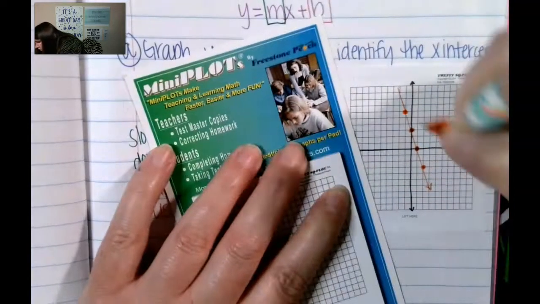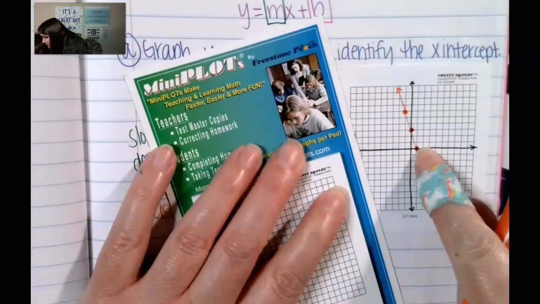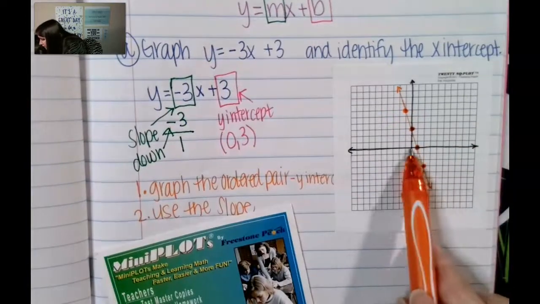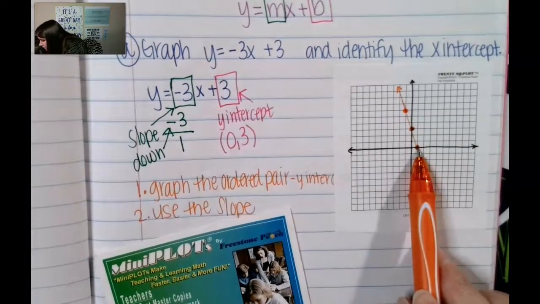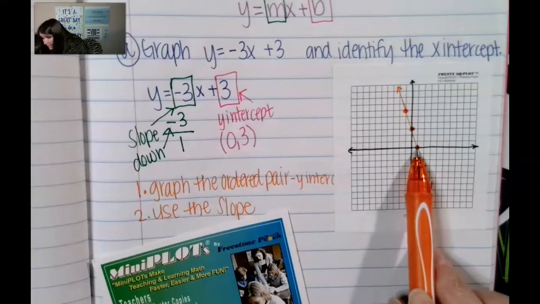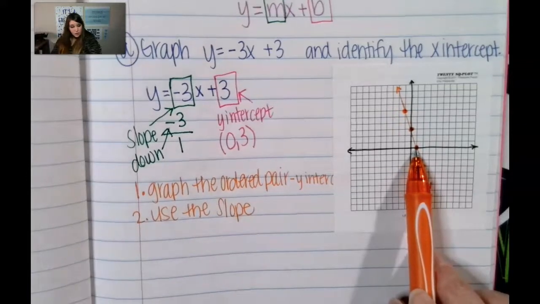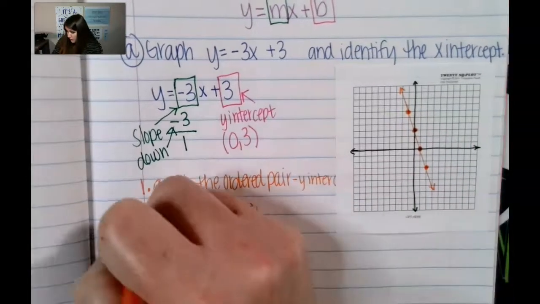Okay, well, it looks like it crosses right here at this dot. And this dot right here is at 1, 0. So now we're going to, step 3,